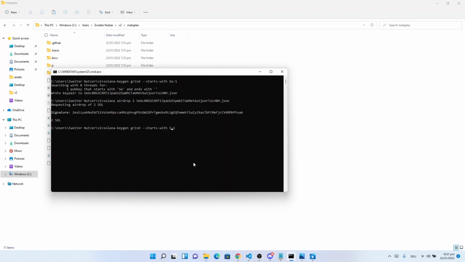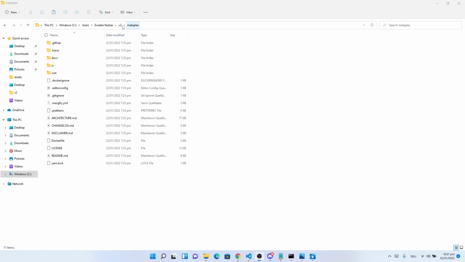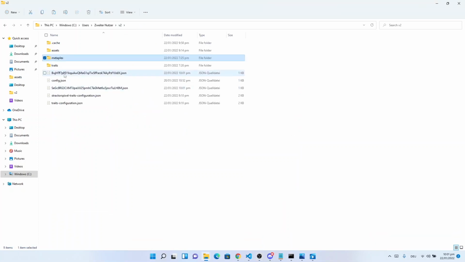What I'm now doing is generating a buyer wallet too. So I'm generating the wallet and again doing the Solana airdrop 2, this time for the buyer wallet. Press tab, enter, and our buyer wallet also has 2 SOL. And now we have both wallets in our v2 folder named as the public key, and inside these JSON files